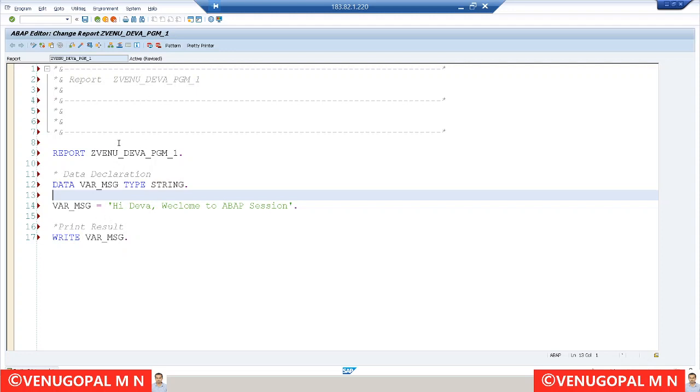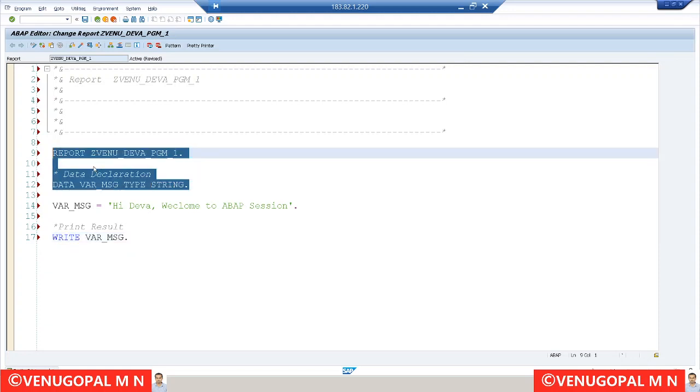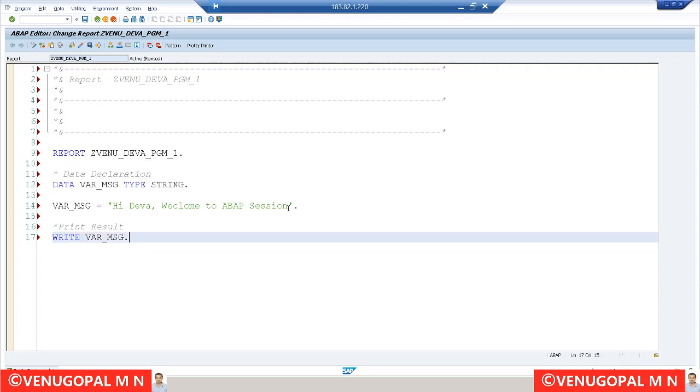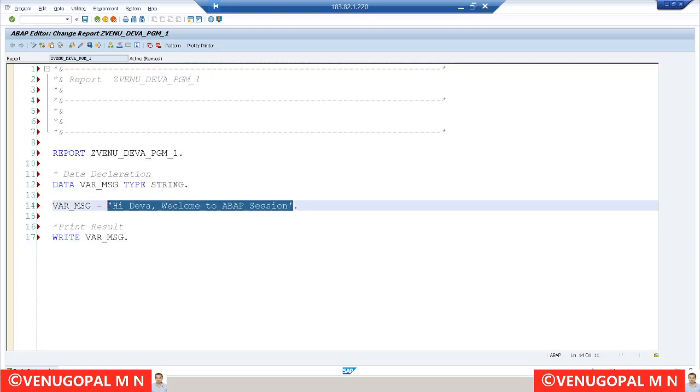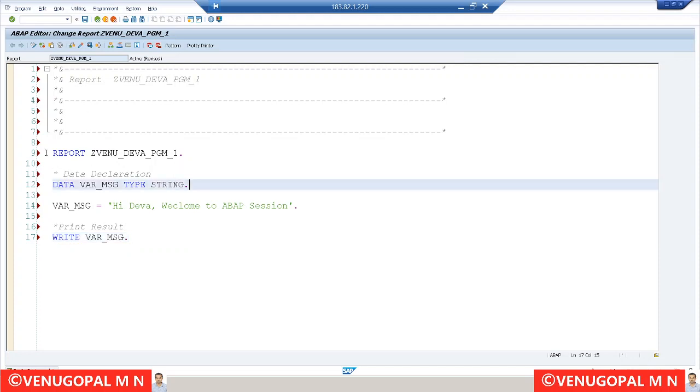Now at the same time, as you are aware, the ABAP programming language is case insensitive. Whether you write code in uppercase or lowercase, it doesn't matter. So just by changing the settings, all this code can be converted into either uppercase or lowercase. Only the hard coded string will not be converted, because it's a literal input, correct? So let us go to Utilities. Now you can see the entire code is in uppercase except our hard coded string. Now everything will be converted into lowercase.